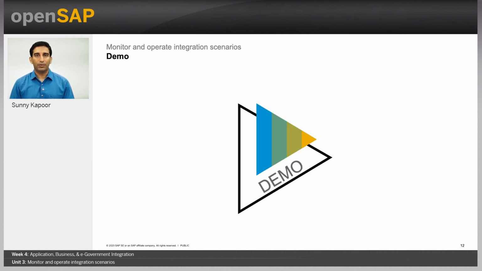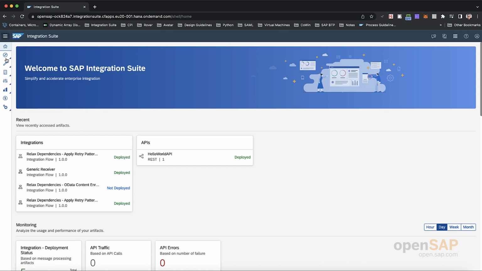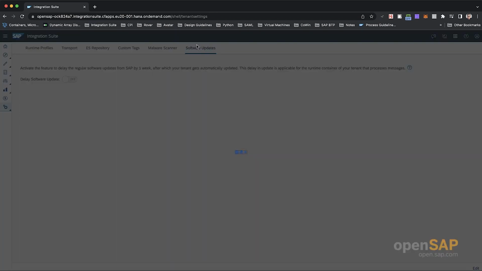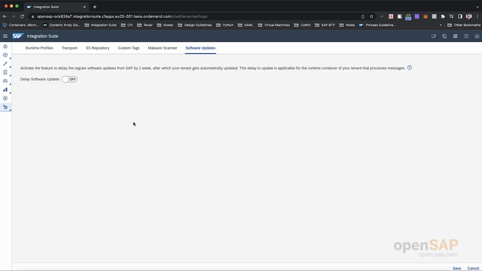Now, let's jump into the demo where we see how you can activate the delay software update feature, and then we also create a CI/CD Jenkins pipeline using the Piper commands for cloud integration. I'm in the landing page of SAP Integration Suite. Let's navigate to Integration Settings tab. There you see a Software Updates tab. Just click on Edit and just toggle the Delay Software Update to enable the delay software in your productive tenants